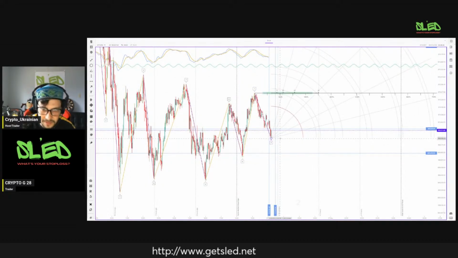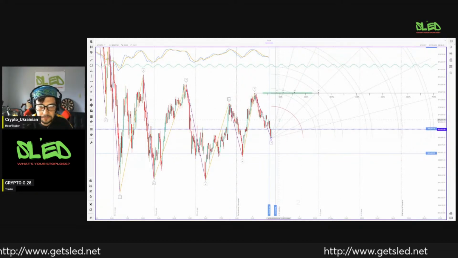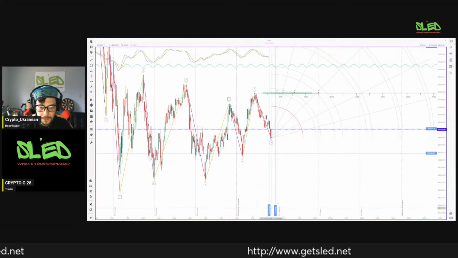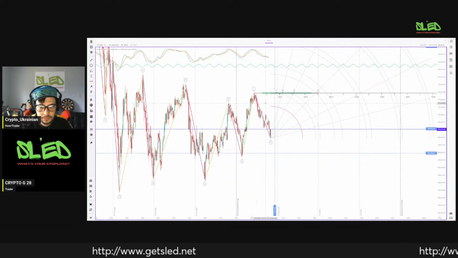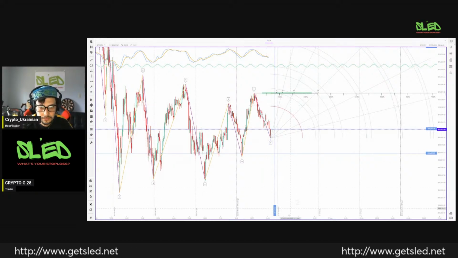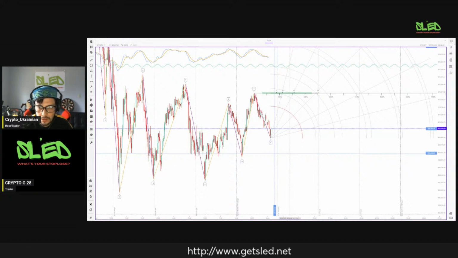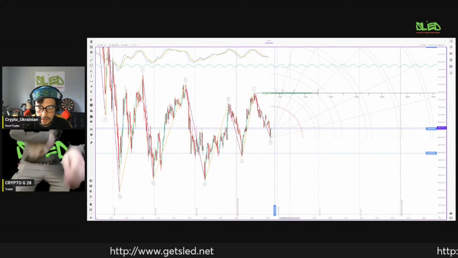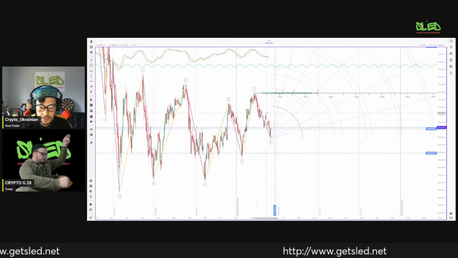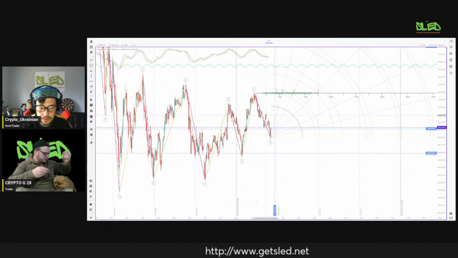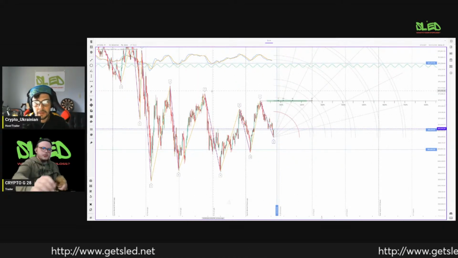Let's look at this. Beautiful. This initial impulse holds up. We're at turning point 2. Perfect. Came in a little late, but